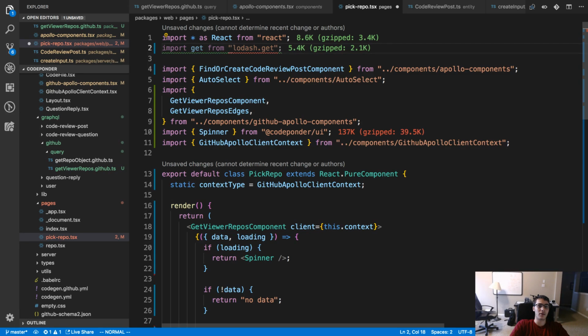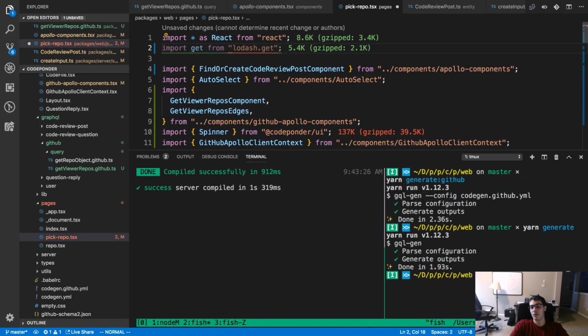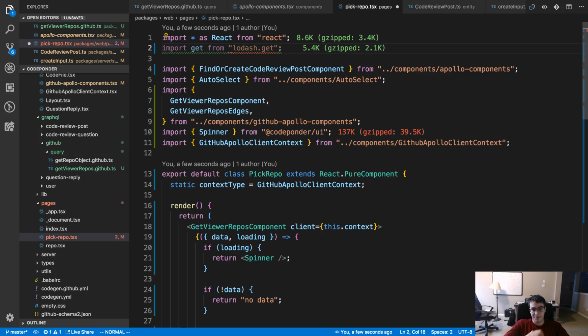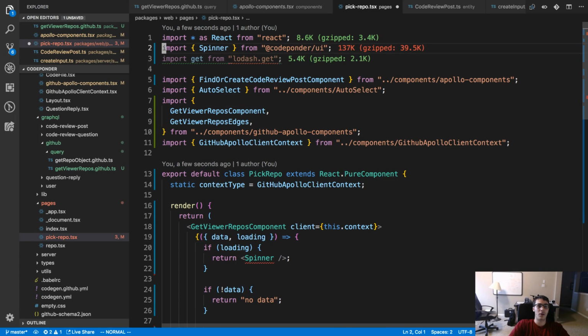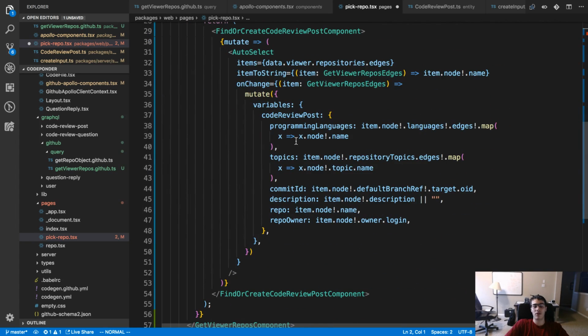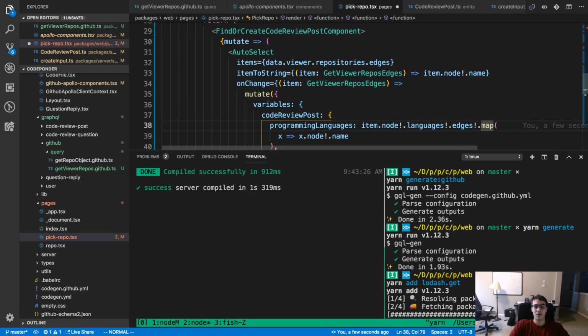Alright, so I'm going to go ahead and install lodash.get. And what that does is it's going to allow us to handle cases where these things are undefined just a little bit easier.